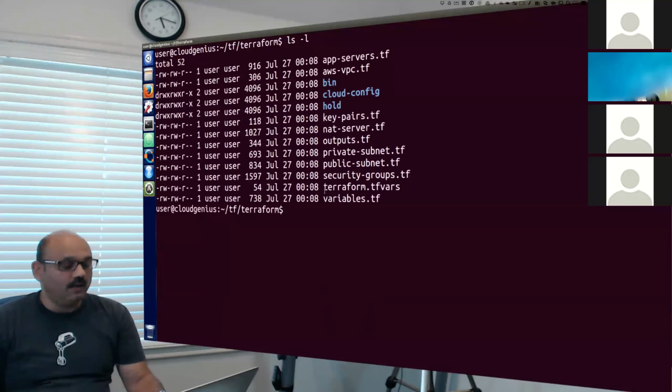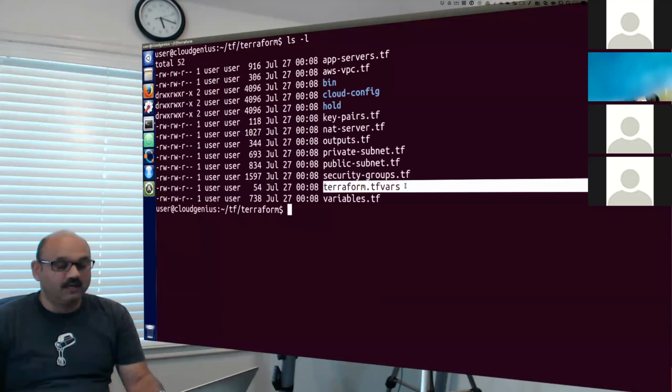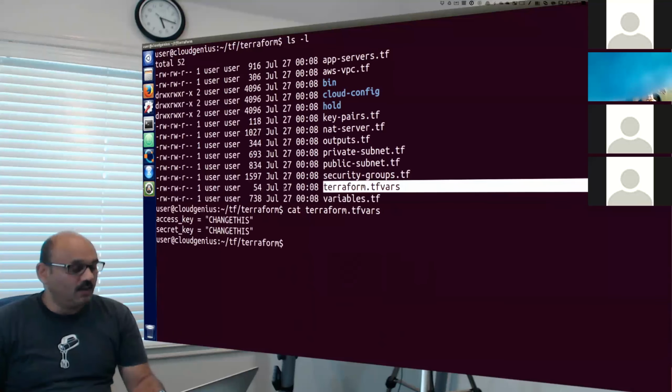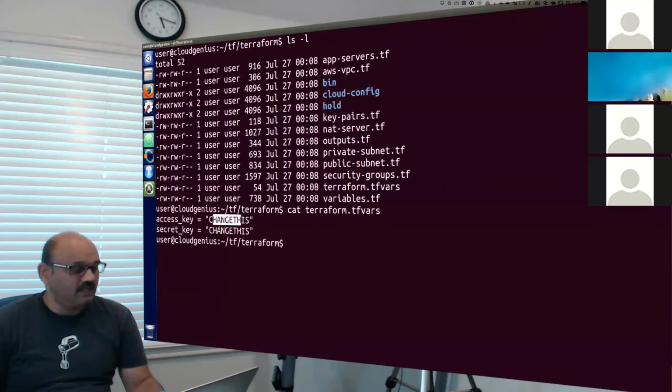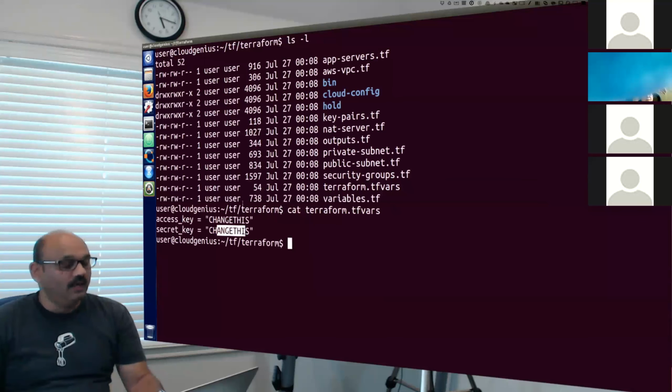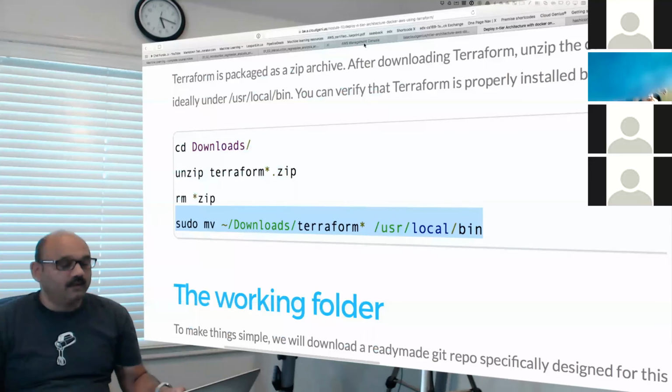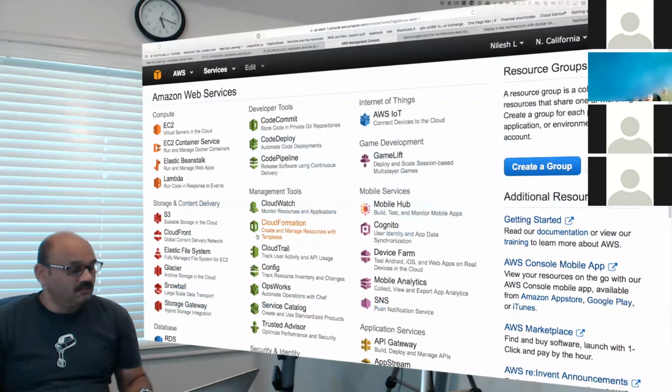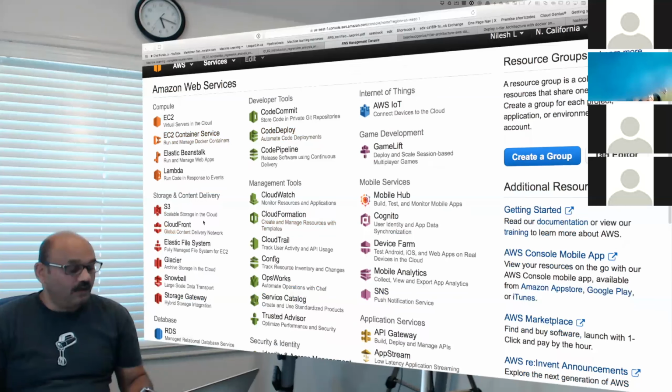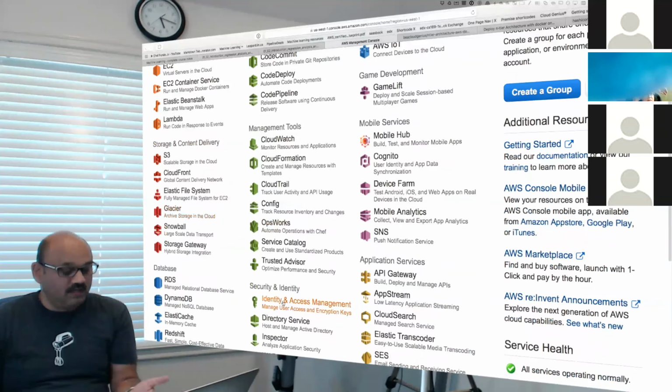In here, I also have this file that I want to edit. And remember, that file is currently generic, as in it just says, change me. That is what I want to change: I want to put my access key and secret right in there. You have to keep these secrets really, really secret, so don't share them with anybody. But I need to share it with you because I need to show it to you. Otherwise, how will you understand what's going on?